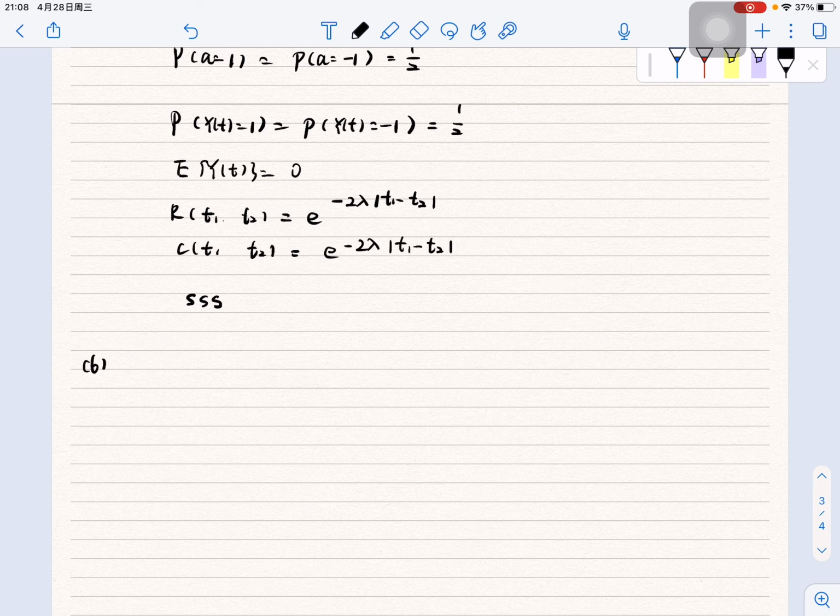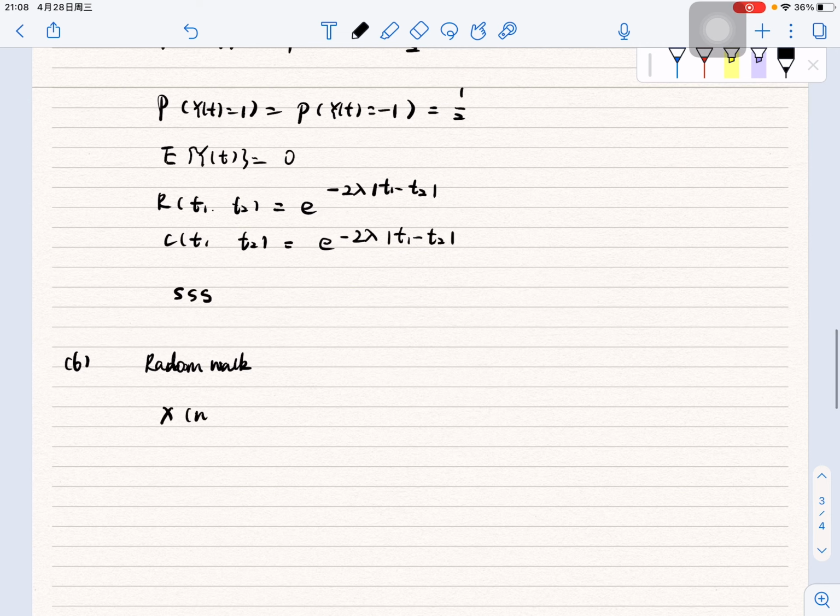Now, next question is random walk. It means that we toss a fair coin 10 times. K is the number of heads, and then we have X(nT) equals k s minus (n minus k) s, which equals (2k minus n) multiplied by s. The first order probability mass is P(X(t) equals a)